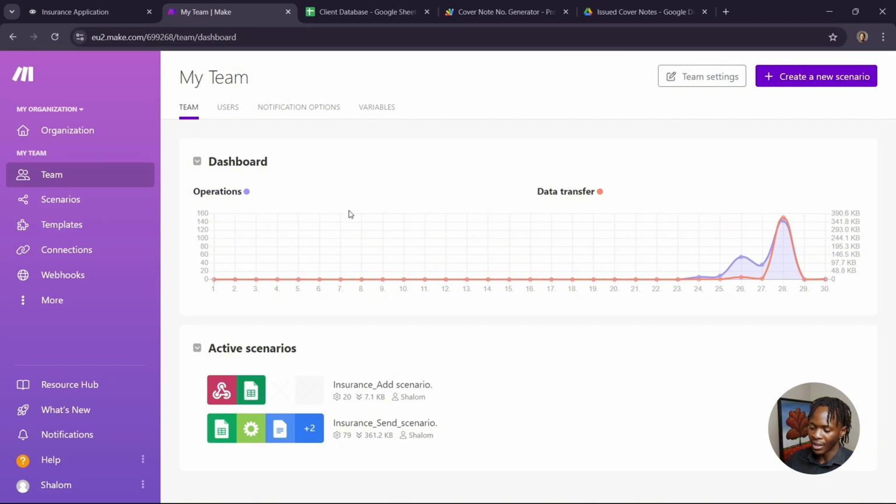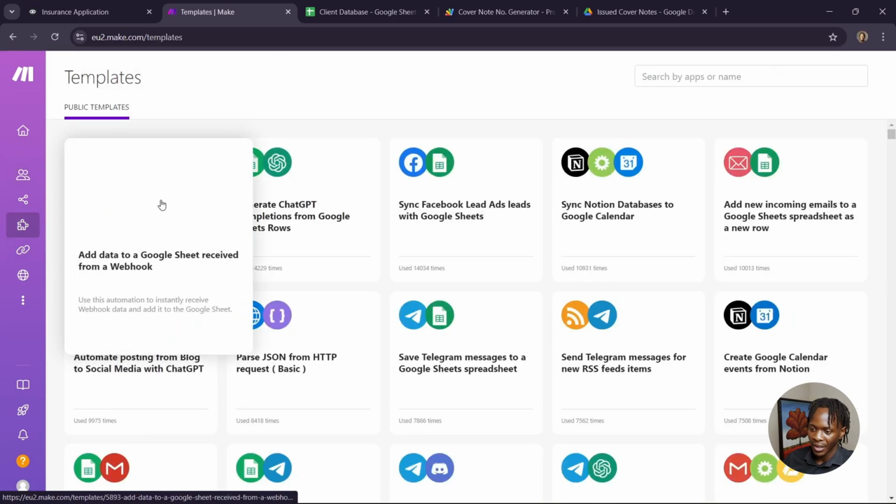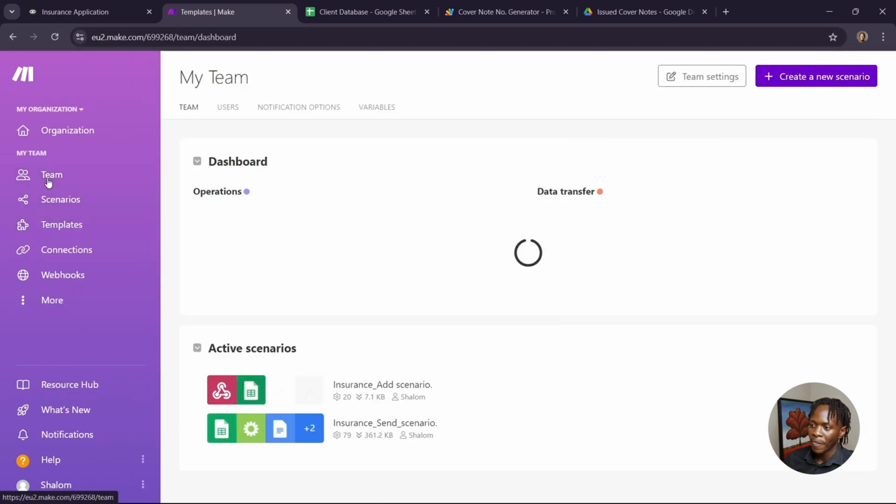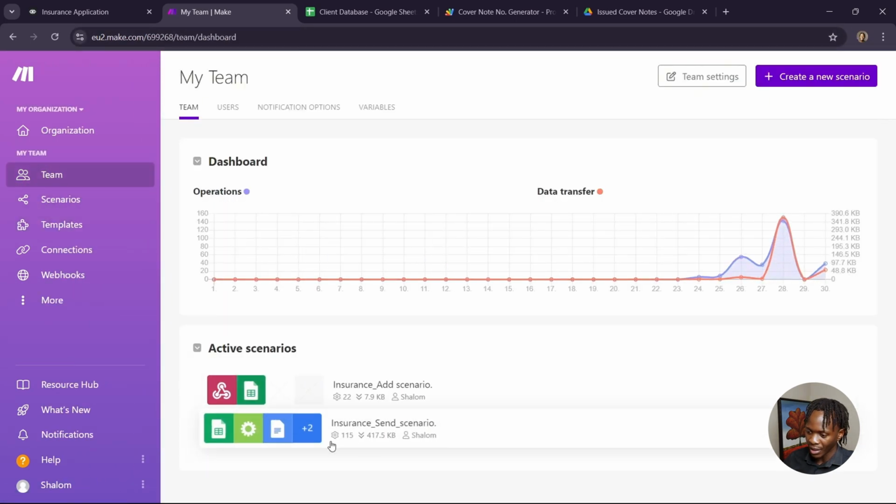So heading over to Make, we're only going to have two scenarios for this automation. The first one is a webhook to Google Sheet scenario, which you can find in the templates over here. It's usually the first one over here. And then the second one is a custom one that I made, which again, you're going to have the template for, but if you want to customize it a little bit more, what you could do is